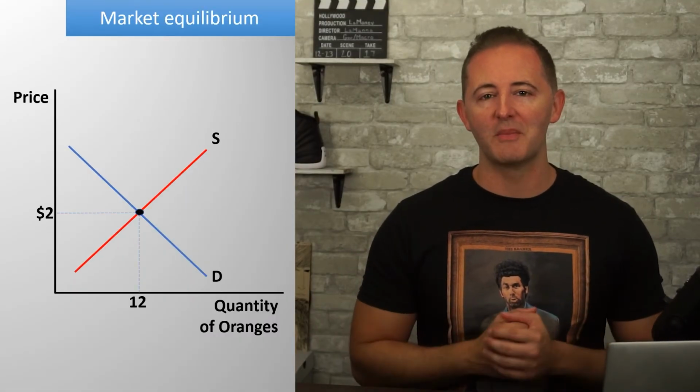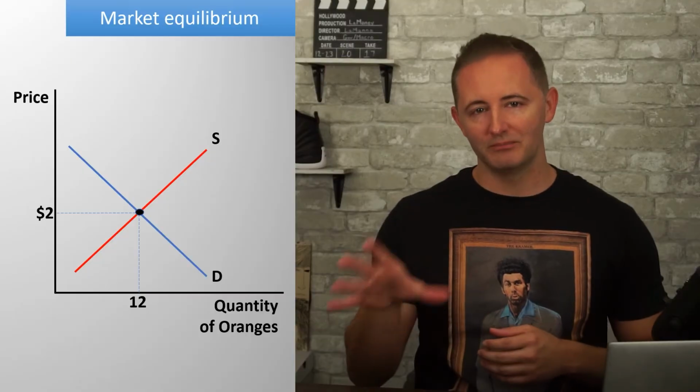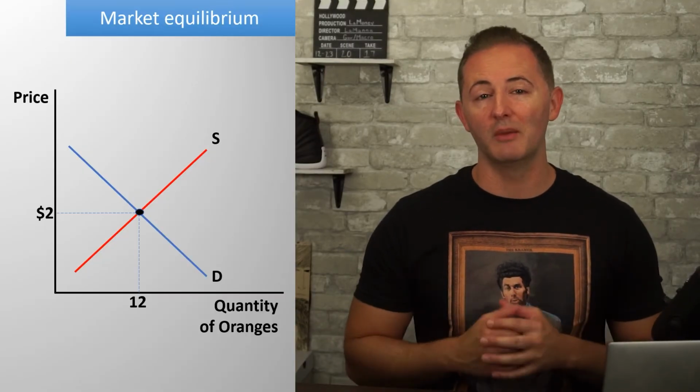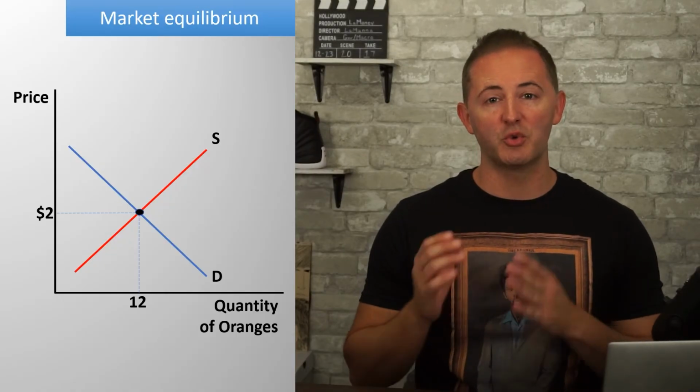Okay, hang in there, people, you've almost made it. Last up is that we finally bring supply and demand together, and we'll actually have a market and prices to talk about. So how do we get a price? Easy. Find where the two curves intersect, and that point is known as market equilibrium. Quantity supplied equals quantity demanded.